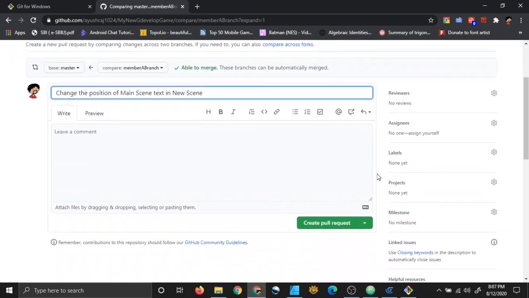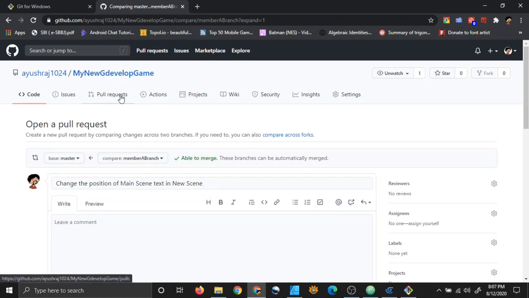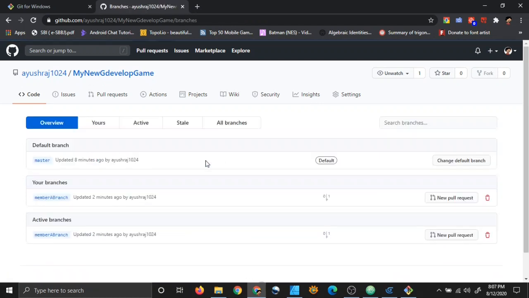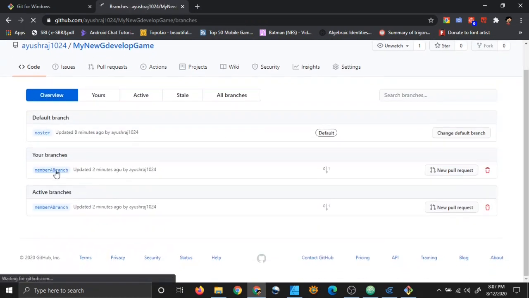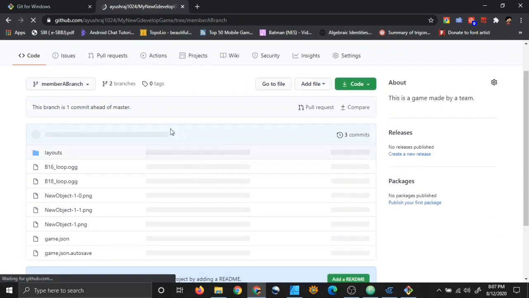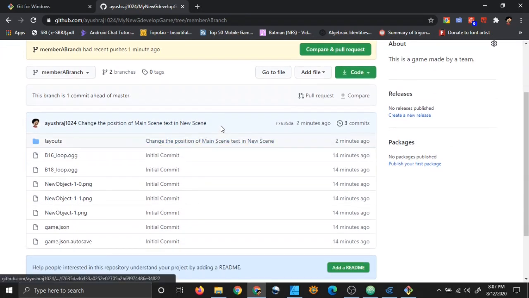I guess you should first look at the branch. Let me see how I can look at the changes made by the branch. Yeah, I am here in the branch and the changes that that branch made is this, right?